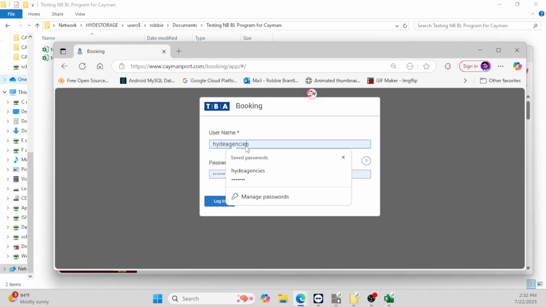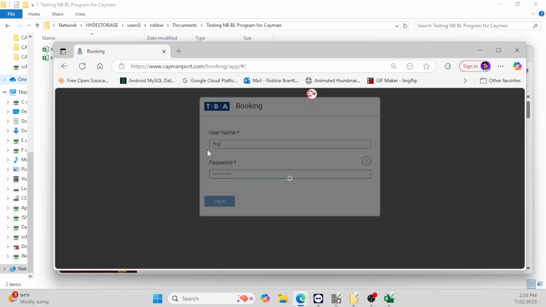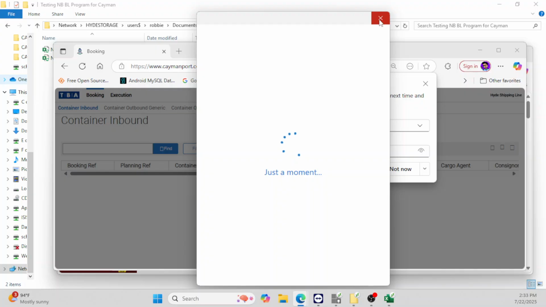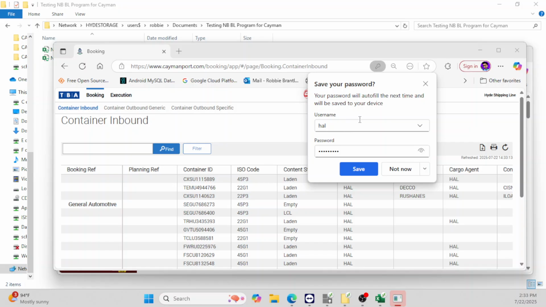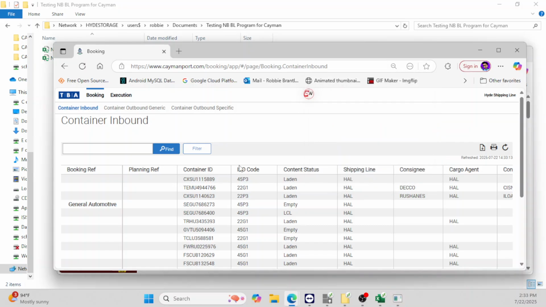Alright, and then you log in. Let's see if I remember this. Alright, so you export your file,